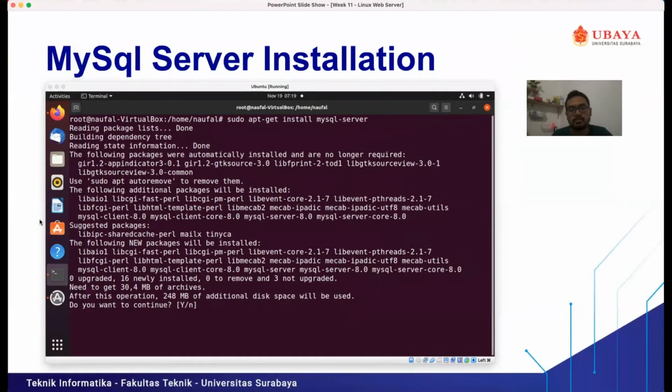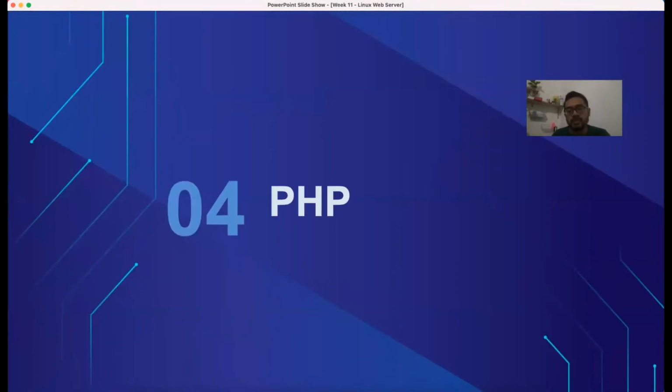Okay, so the next one is PHP. PHP is also a component that we need to install to make our Ubuntu operating system a web server. So Apache 2 is different from PHP. Actually, PHP is the programming language. When you only install Apache 2, you can just create a very simple web application. You can use the HTML language to design your web application. But actually, when you want to add